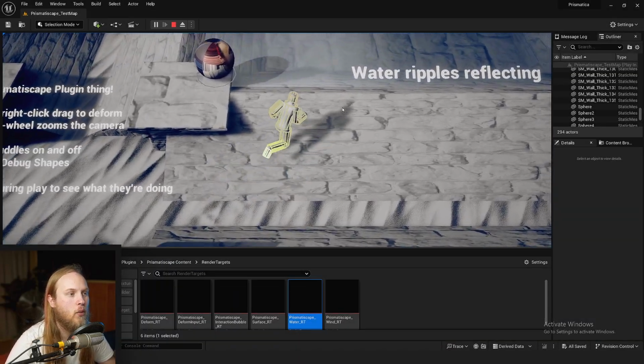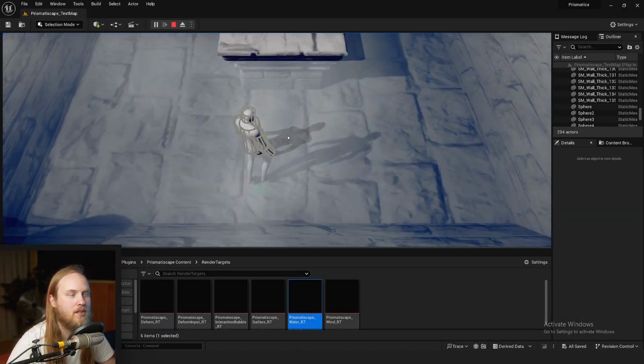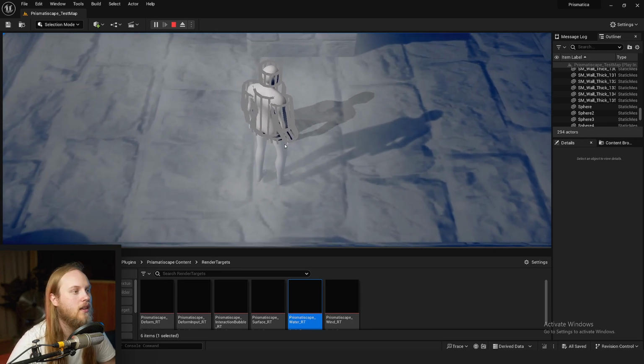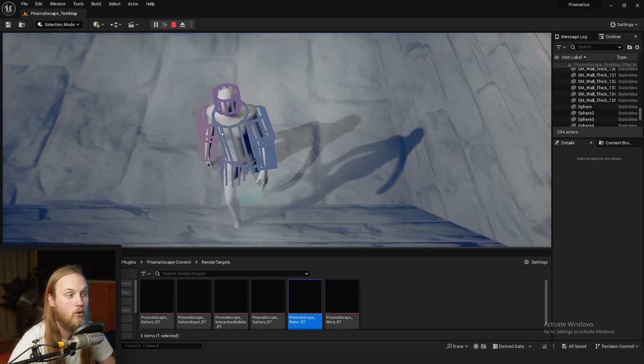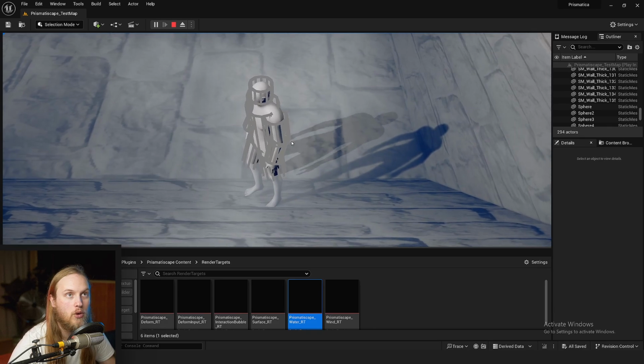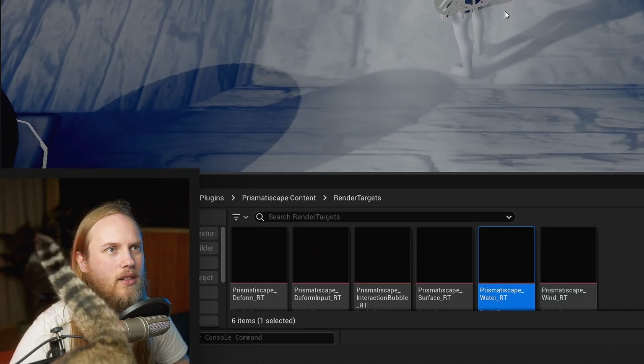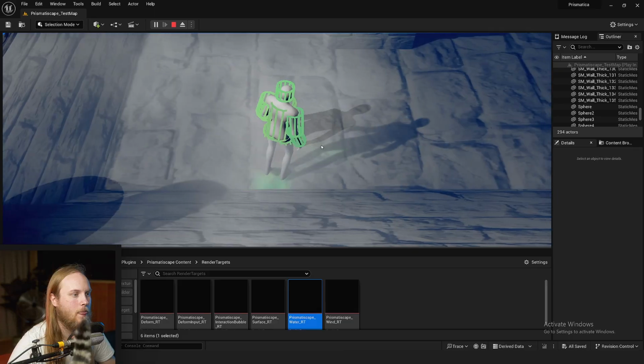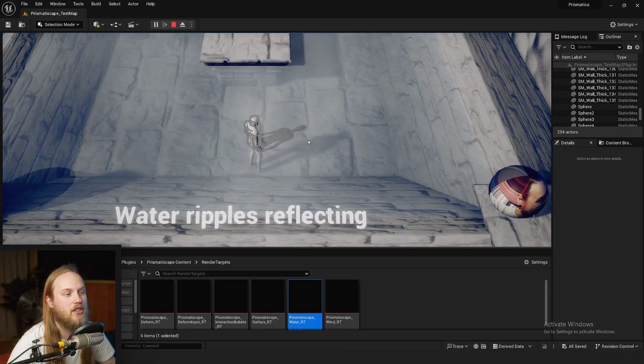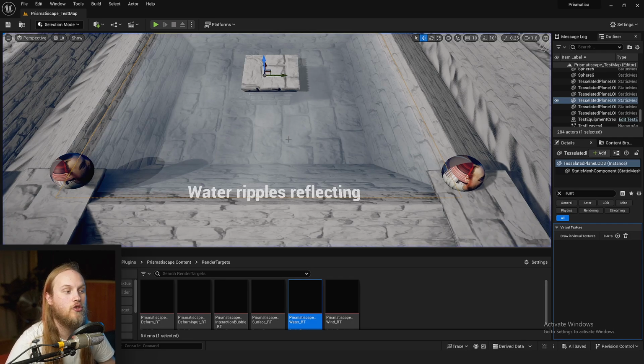Okay, so if we jump into our water, you can see that absolutely nothing is happening. Now, you can see that we are drawing our deform capsules, our solid capsules of the character. Cat, can you not do that, please? Thank you. Now, the reason that we're not getting any interaction is because we need to be drawing all of